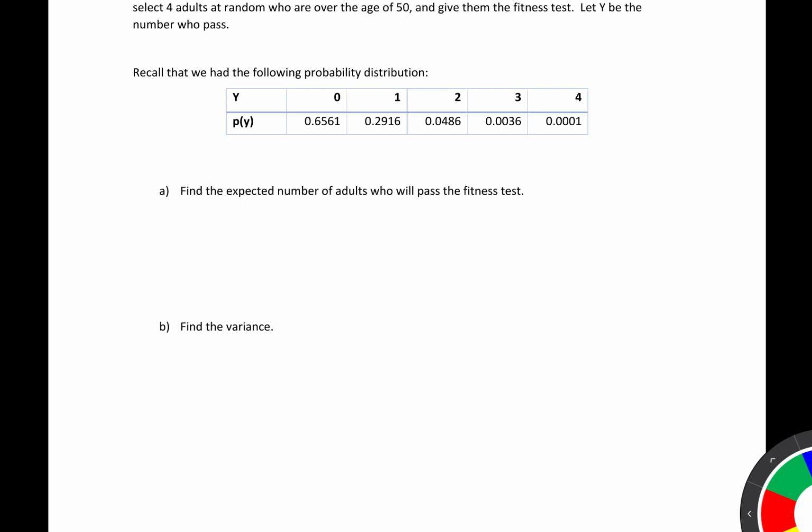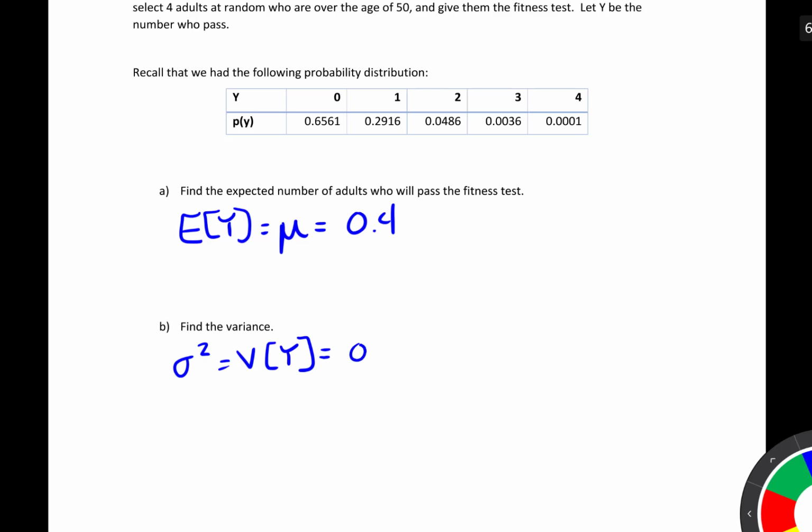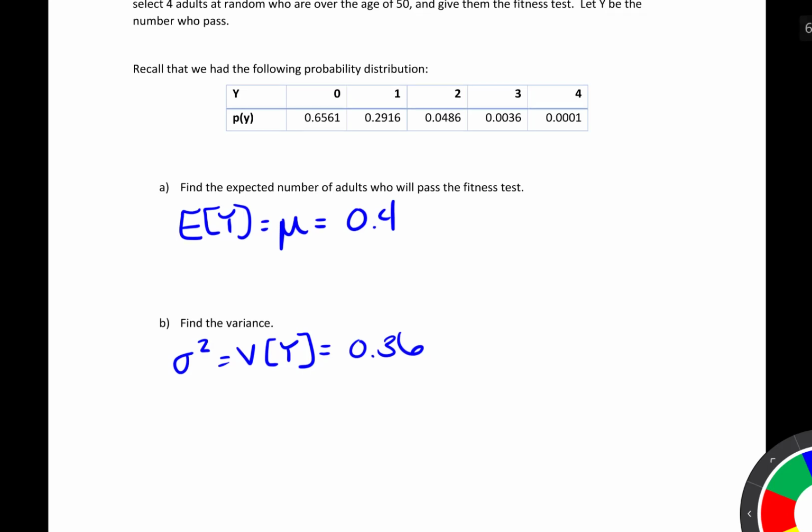All right, you should have gotten that the expected value of y, which we could also denote using mu, is equal to 0.4, and that the variance is equal to 0.36. Now, as you've probably noticed, computing this expected value using the sums can kind of be a pain. So what we're going to look at next are a couple theorems, and these theorems actually help us find a shortcut formula to the expected value.